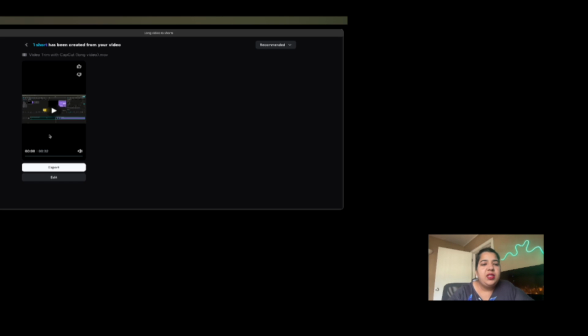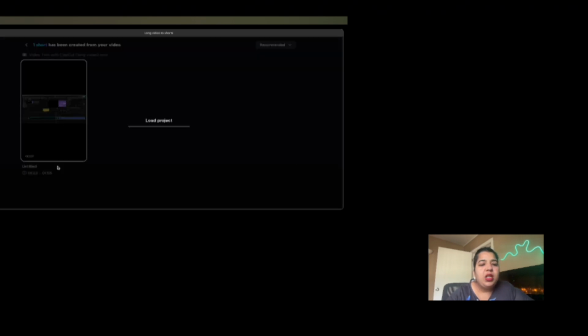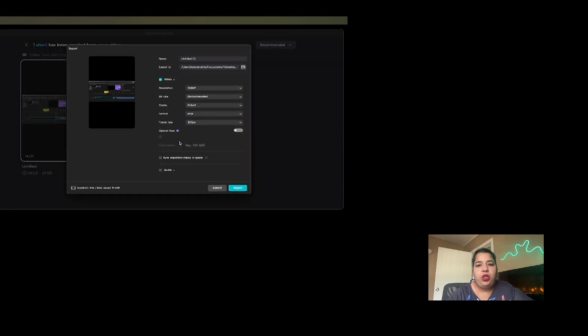So guys, see, it's done, and if you mouse over here, it's showing two options, export and edit. So you can still edit your video. I'm good with this, so I'm just clicking on the export button and it's loading the project. You can just give the file name that you want to put on this short. You can choose where you want to export your shorts, which folder you want, and simply click